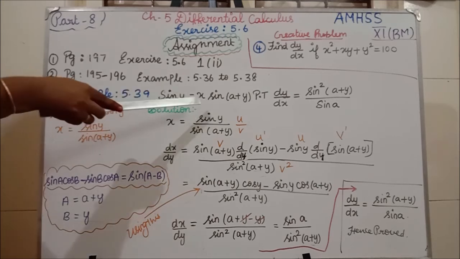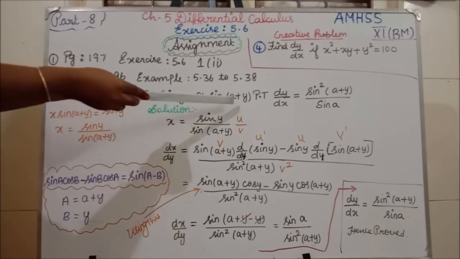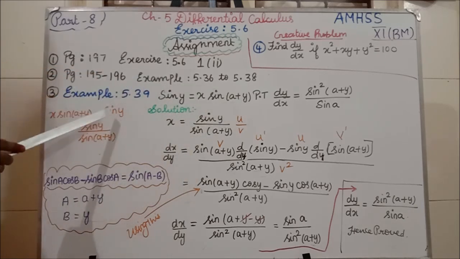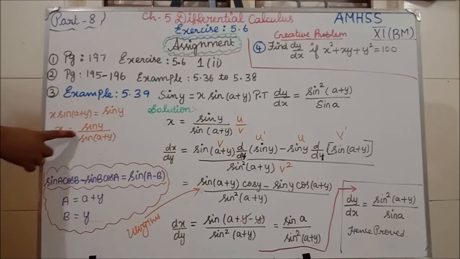Now what I am doing is, I am writing this here: x sin(a + y) first, equal to, next I am writing this sin y. Anyway both are equal only. A equal to b means b is also equal to a. Like that only, I am writing x sin(a + y) equal to sin y. Why I am writing like this is because we need dy/dx in the final answer. We are not having y alone separately anywhere, we are having x alone separately. So I am going to keep the x on the left hand side and bring all the other terms to the denominator. Okay, x is equal to sin y divided by sin(a + y).